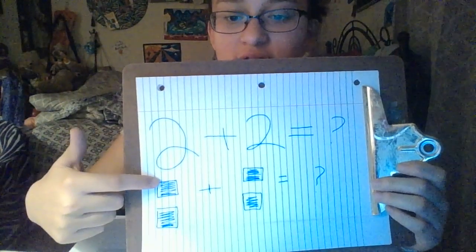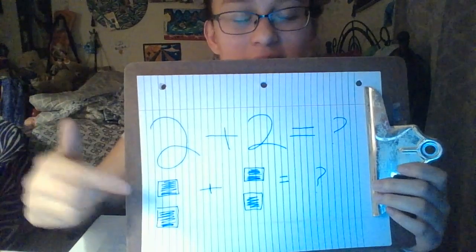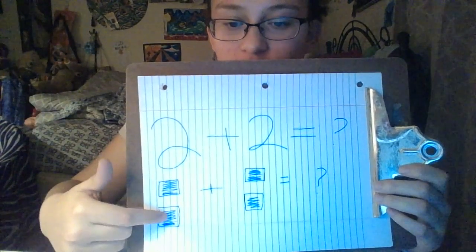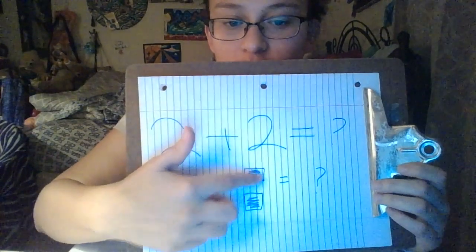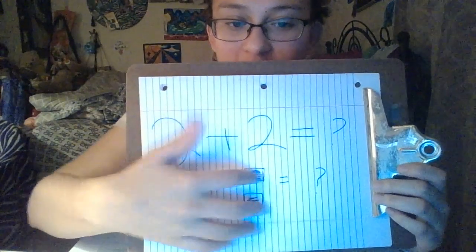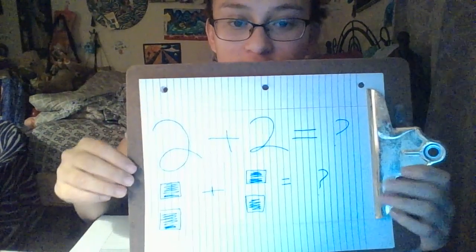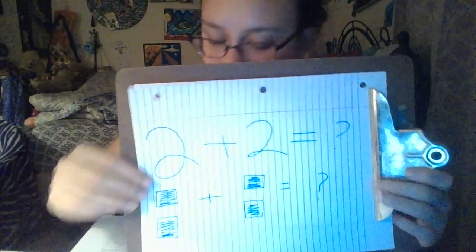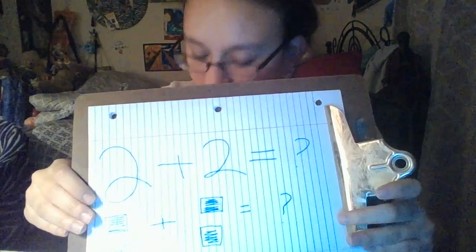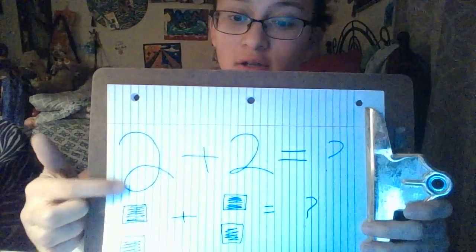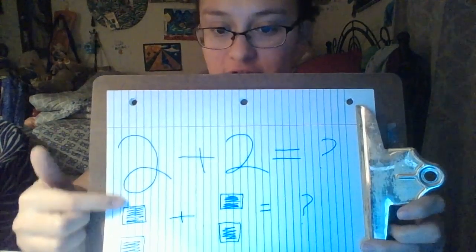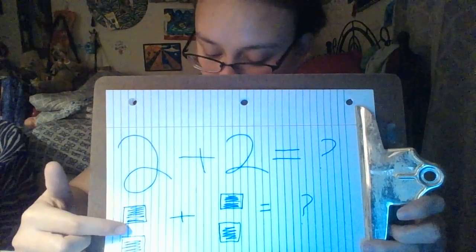So I decided to use blocks, like the ones blocks that the kids use in the classroom. So 2 blocks here and 2 blocks here. And we're going to add those blocks together to find the answer. So when I'm asking the student the question, I'm going to have a visual example of what I'm asking them. And I would ask them, show me, and this would be for an early production student or maybe even pre-production,